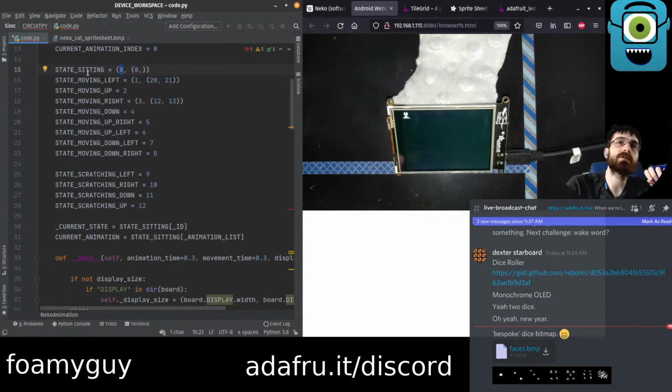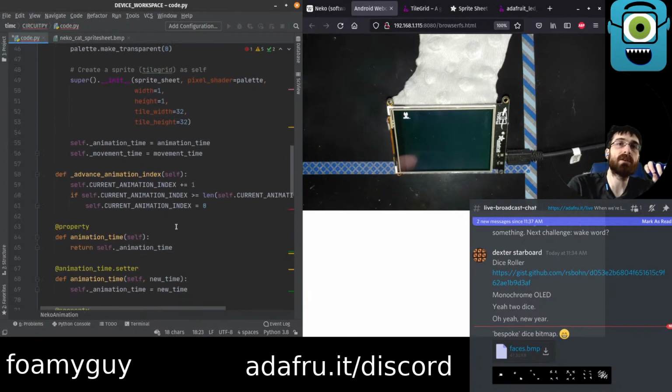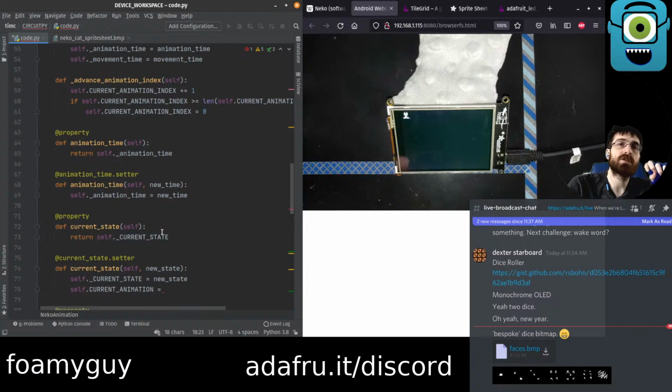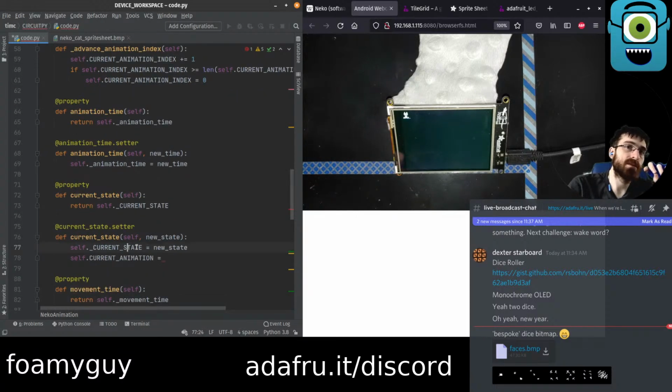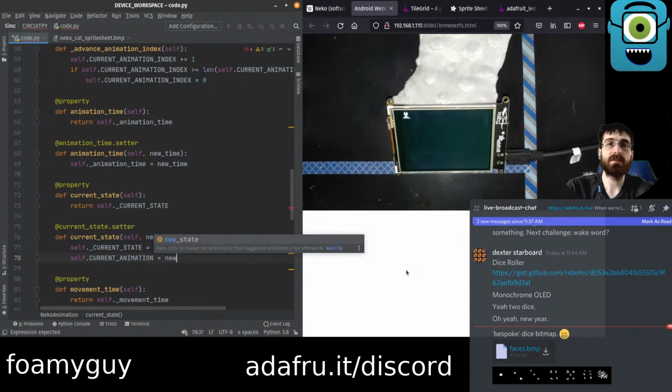Well, okay, so the user would pass like state moving right. Okay. So in here we would say self.current state equals to new state ID and current animation is new state